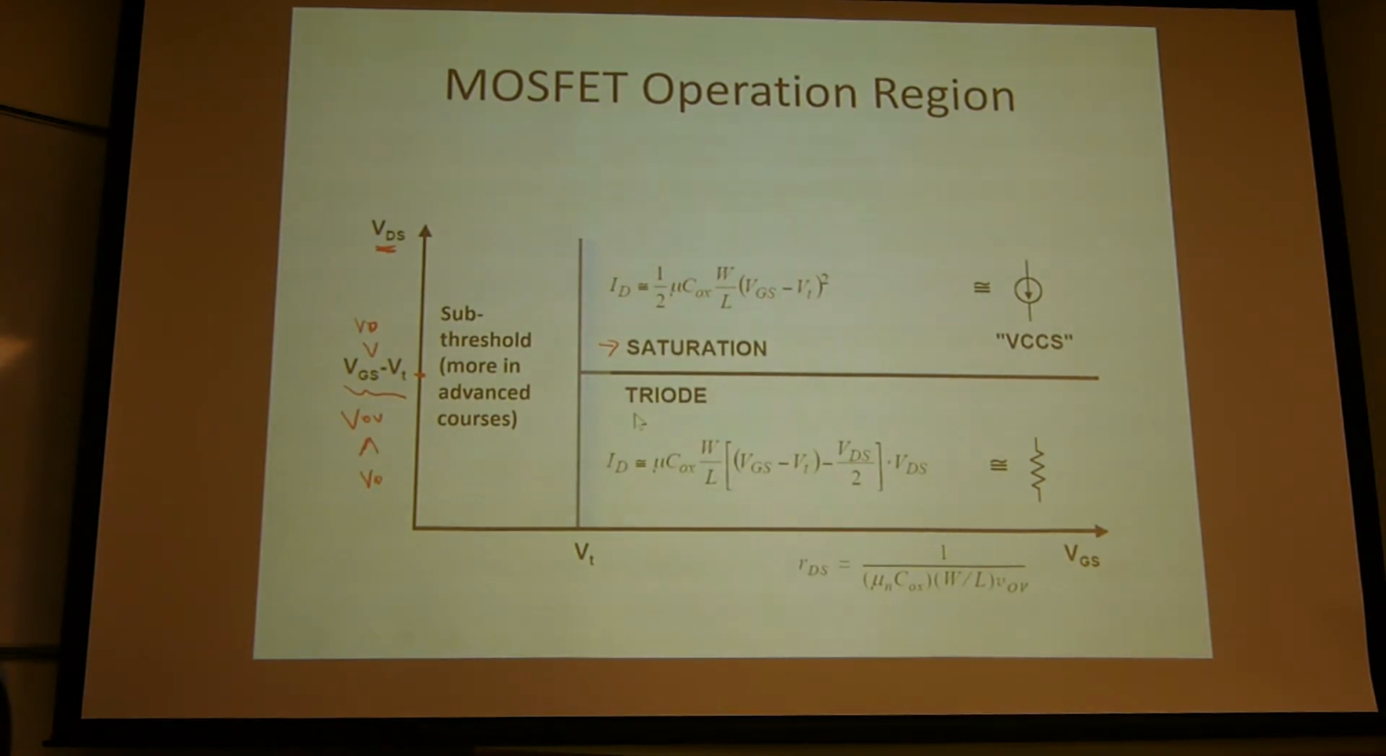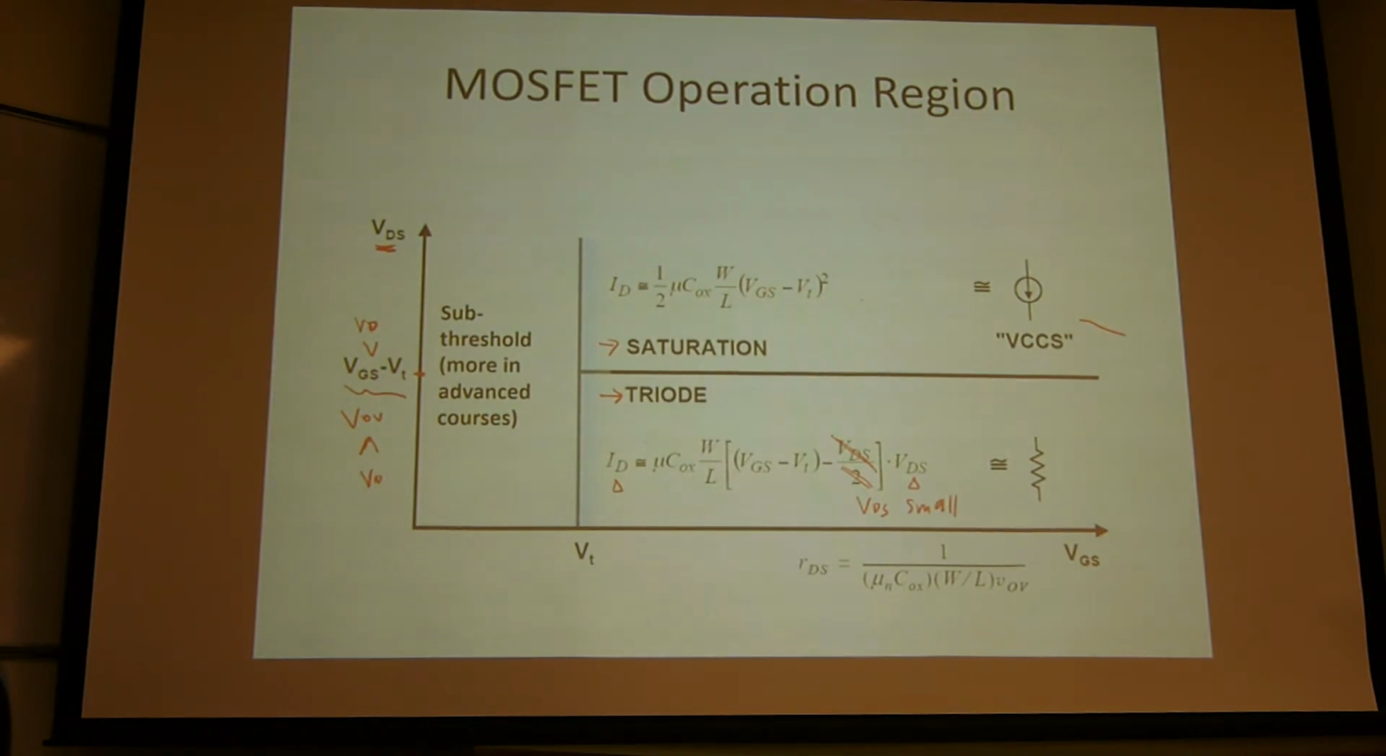So in the triode region, we just said that if the VDS is very small, we can ignore the second order term here, and we can ignore the second order term here. We can ignore this term. So if we ignore this term, then the current is proportional to the drain voltage. That's why we said you can approximate the transistor as a resistor. And the resistance of this resistor is just